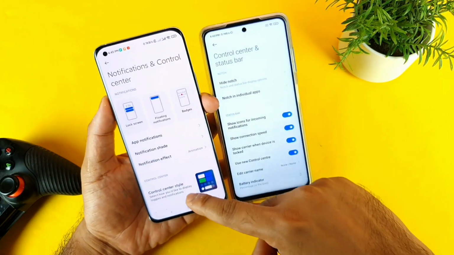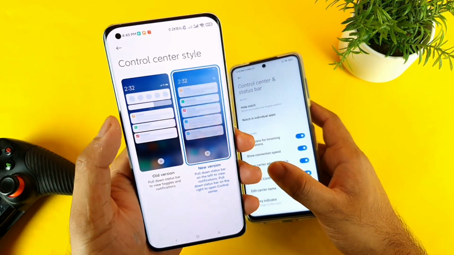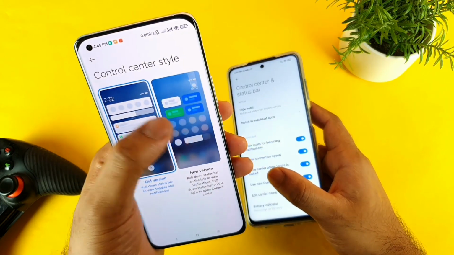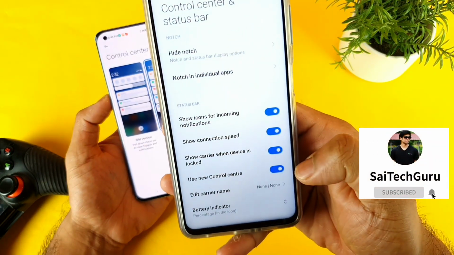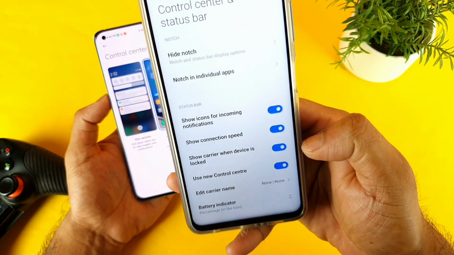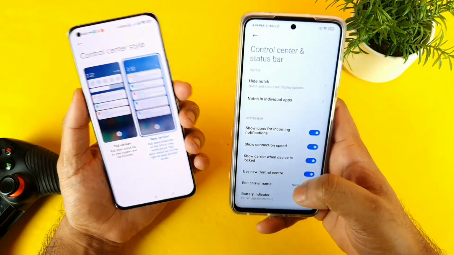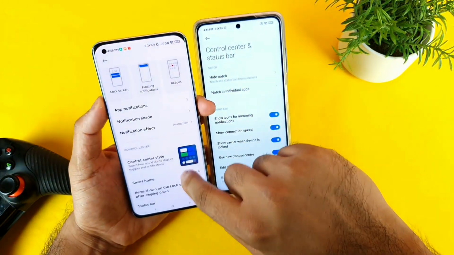At the moment, as you can see friends, there's a new icon style which has been added here, which is pretty simple and shows the visualization of the old one and the new one. In the previous MIUI 12, you get only one button, on and off, that's it. Apart from that, you don't get any options. So this is the only difference between MIUI 12.5 and 12 here.